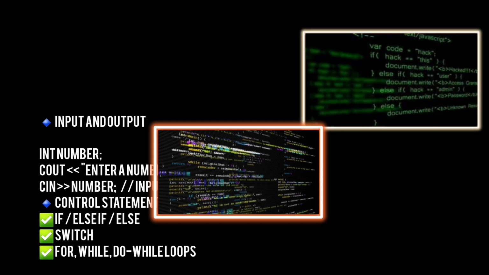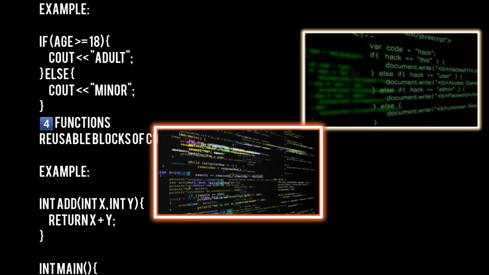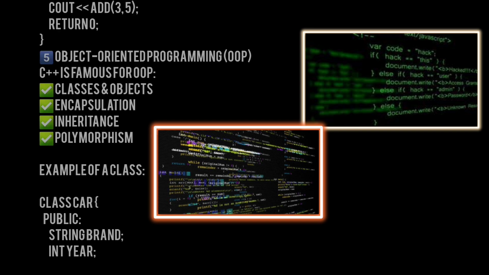Input and output: int number; cout << "Enter a number"; cin >> number; input from user. Control statements: if, else, switch, for, while, do while loops. Example: if age >= 18, cout adult, else cout minor. 4. Functions, reusable blocks of code. Example: int add(int x, int y) { return x + y; } int main, cout << add(3, 5); return 0;